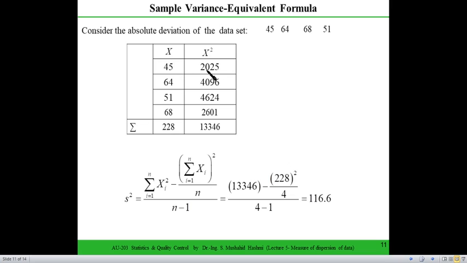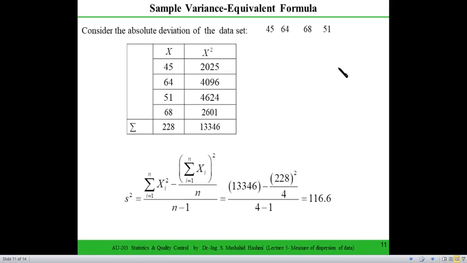So 45 square would be 2025 and 64 square would be 4096, and then the sum comes out to be 13346. So here this term is 13346 minus 228 square divided by 4, and in the denominator we have n minus 1, where the sample size here is 4. So you see, even in this alternate formula we got the same sample variance we evaluated from our basic formula,